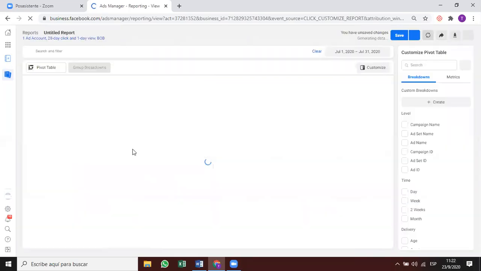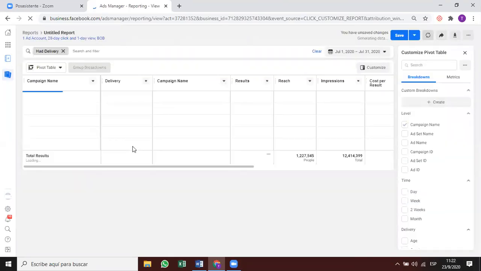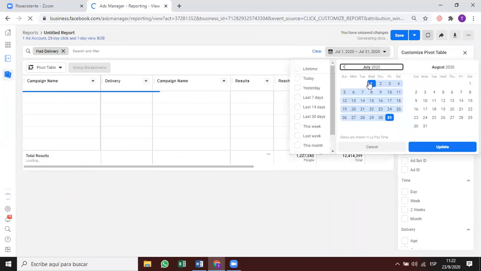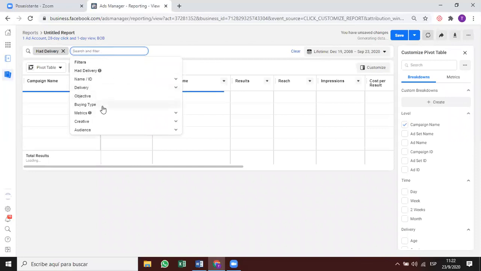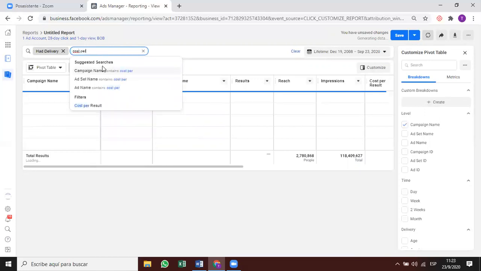This might be taking a little bit longer just because you have so many ad sets that the ads manager is having a hard time loading it. Yeah. So what we'll do is lifetime. And then we'll just re-add that filter here. And we can get a little bit more specific here, which is way better. So we'll just do cost per result